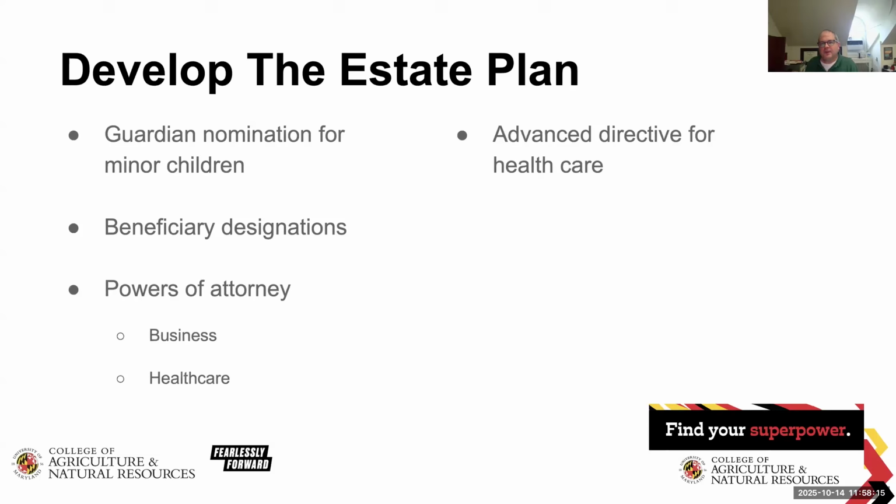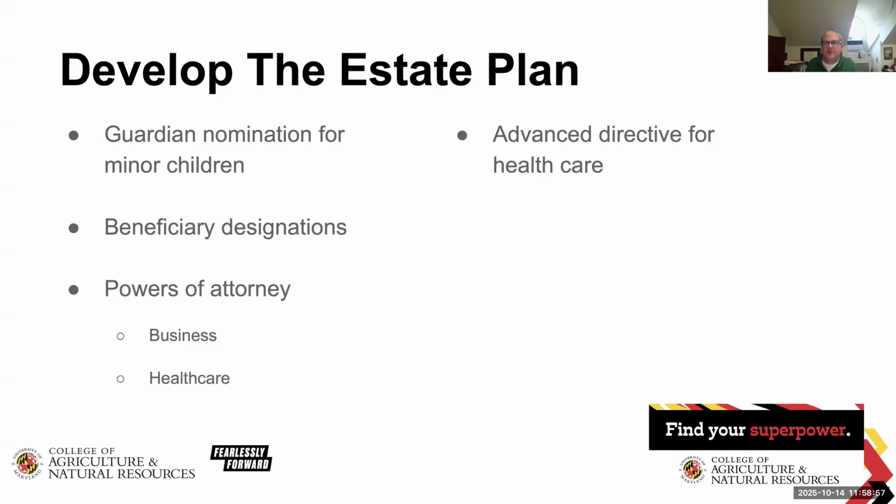We'll put together an advanced healthcare directive as well. These are also known as living wills. They discuss when you want life-sustaining procedures done to you. Do you want to be resuscitated at certain points? Do you want to be left on life support? As I tell everybody, they are the most depressing document you will ever read. And typically they're that way because the statute laid out what they had to say, and the form you work off of follows the same process. And it literally is checking boxes in a lot of cases as to what you're willing to take and what you're not willing to take in that situation.